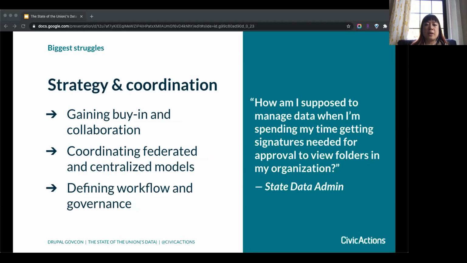Another thing that would help agencies is strategy and coordination. People are tasked with creating a data-driven culture in their agency, but that requires buy-in and collaboration, not just from the top, but from the entire team. This requires a lot of strategy and coordination, but oftentimes it doesn't get met due to the previously mentioned budget